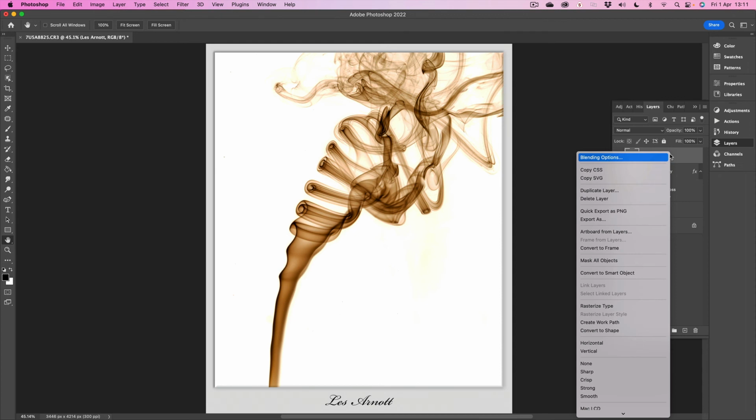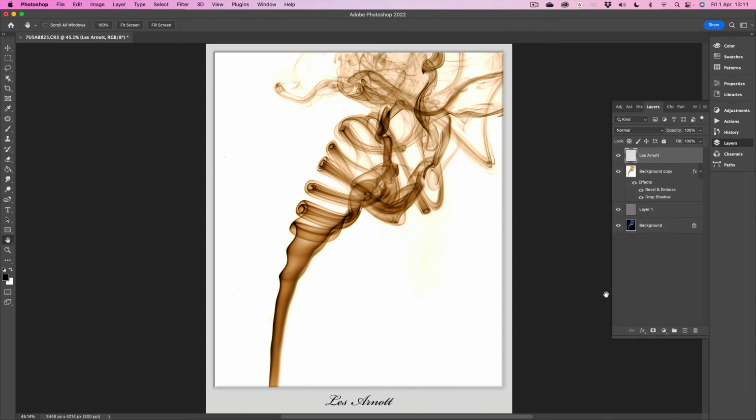I'm going to right click on this and I'm going to rasterize the type. So that just changes that vector text mode into a picture, if you want to put it like that, a bitmap picture. So now I can't edit the text, I can't do anything with it text wise, but I can apply things to it that I wouldn't be able to apply with it in vector form. Okay, so what I'm going to do is to add an effect to that,